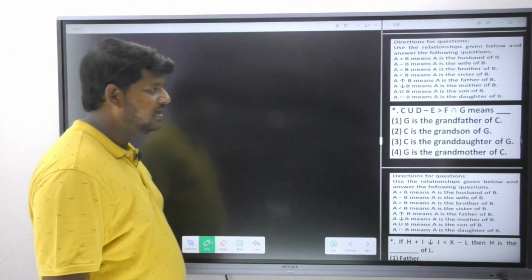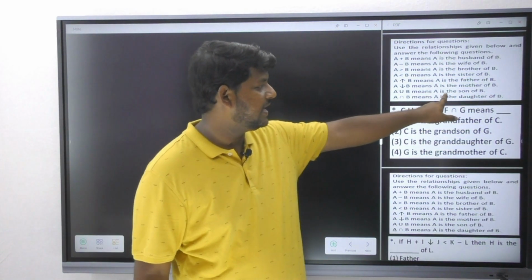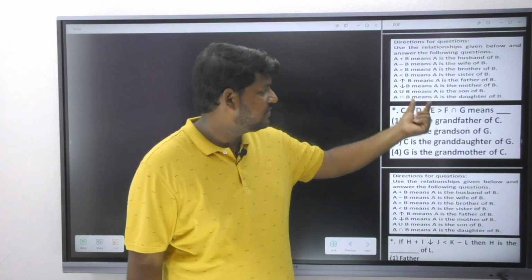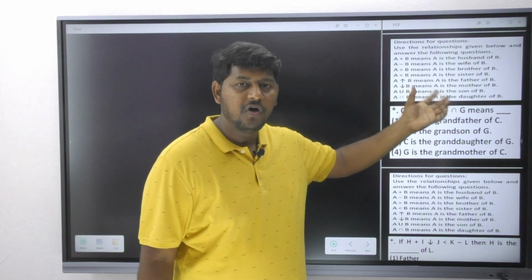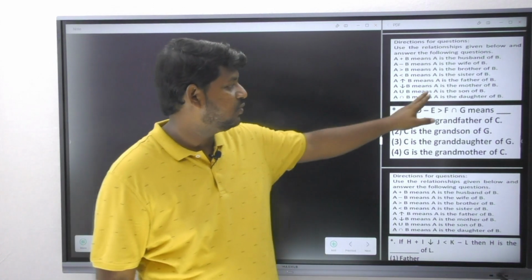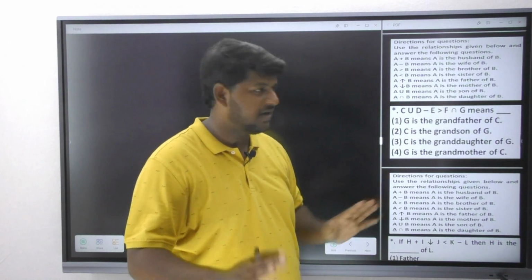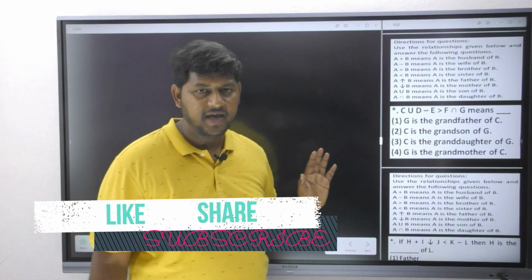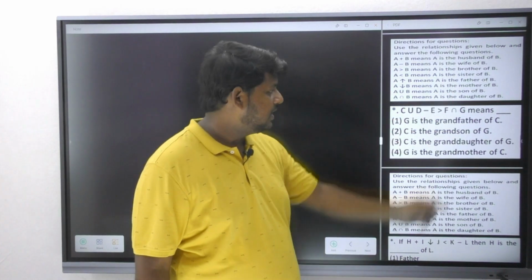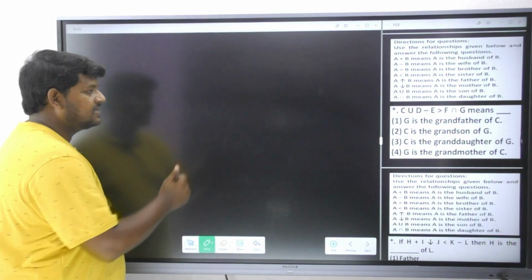Now let's observe here, C union D. Union is indicating what here? A is the son. Try to take the information from the given paragraph, where the coded relation is giving you the information as son. Don't worry whether it is A or B, because the same alphabets are not going to come in your examination. So the son is what? A is the son of B. So can I say C is the son of D?